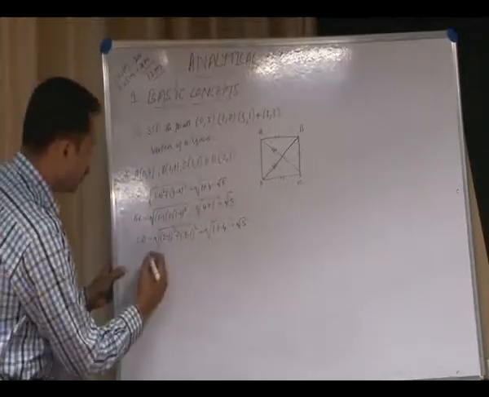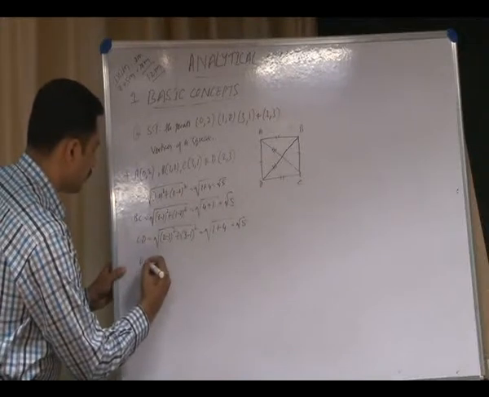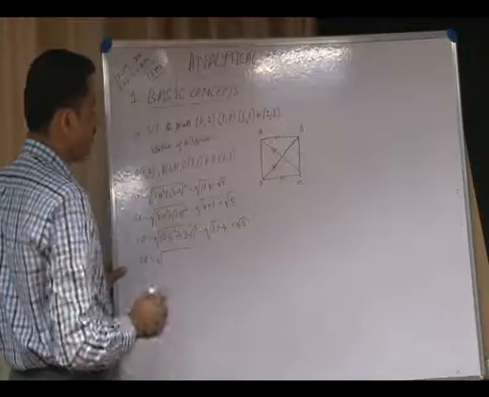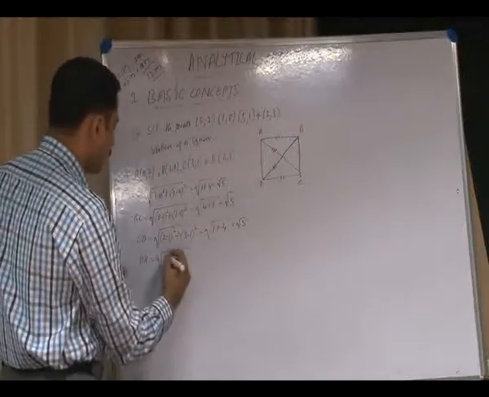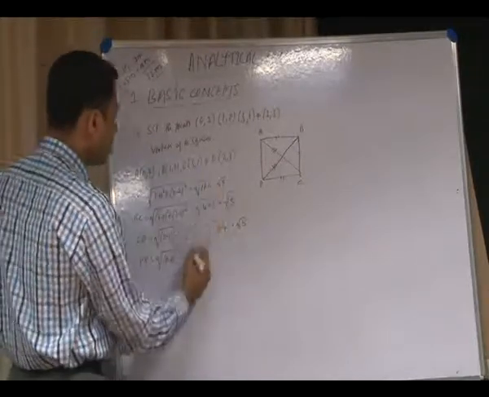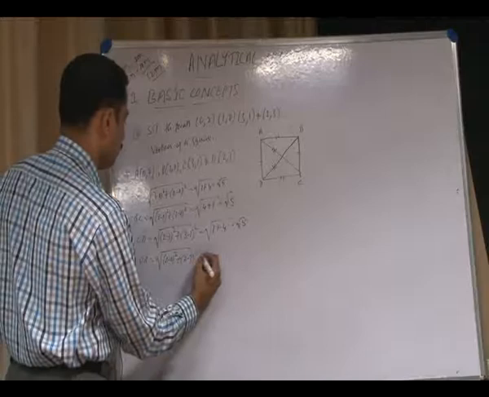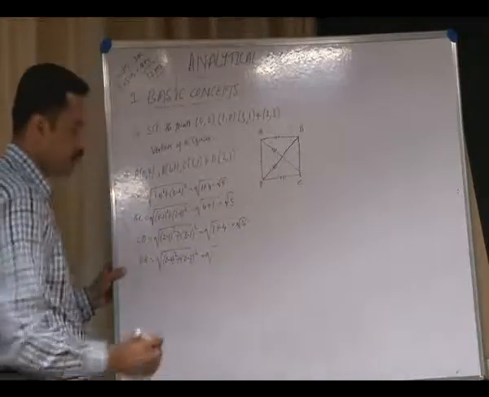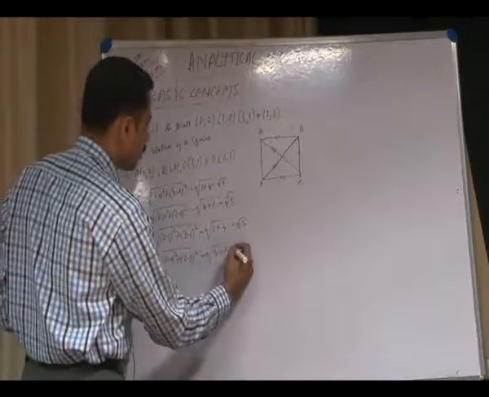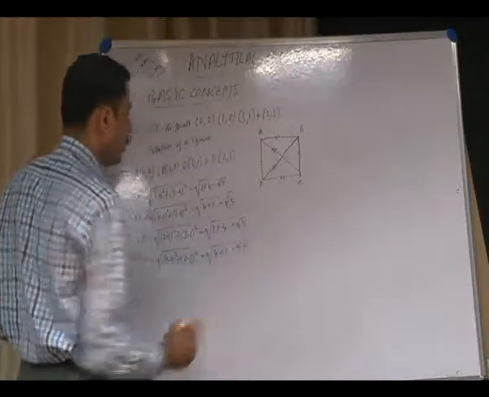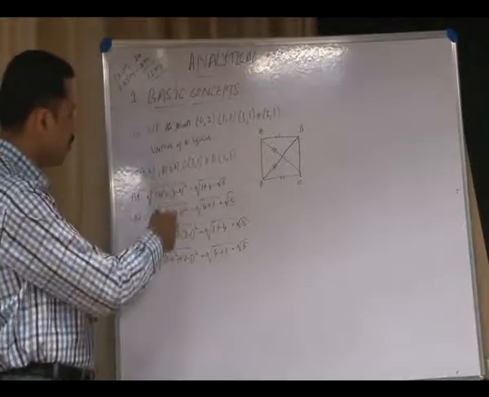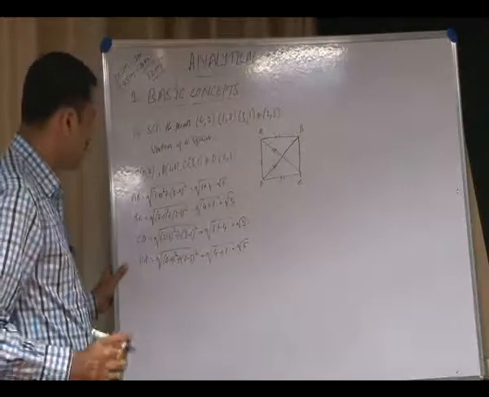And the last side DA is equal to the square root of, D is the first point and A is the second point here. So, (0 minus 2) whole square plus (2 minus 3) whole square, that is the square root of minus 2 square is 4, plus 2 minus 3 is minus 1 whole square is plus 1, that is the square root of 5. So, here by observation it is clear that all 4 sides, AB, BC, CD and DA, are equal